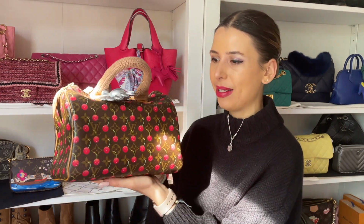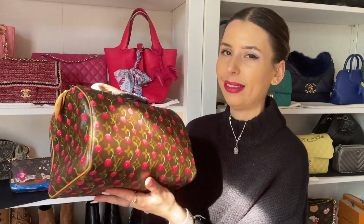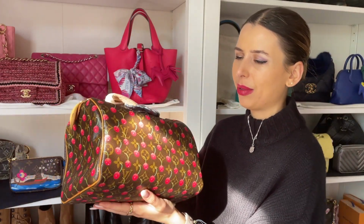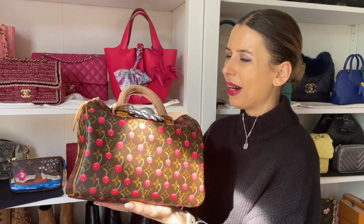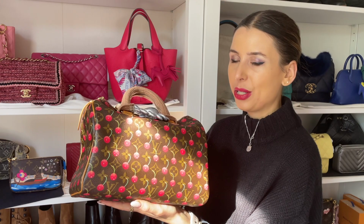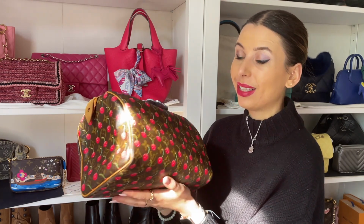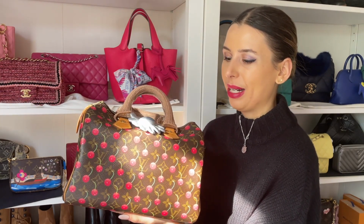The only reason I'm keeping this bag is because I love the Speedy shape. I find it quite practical, and I love the artwork on this one with all the cherries. And I know if I sell it, I'm probably going to have to pay a little bit more for it in the future, and I'm not guaranteed to get one in even better condition than this. I have seen ones in worse condition on the pre-loved market as well. So I'm kind of just settling for this one, but I have actually considered selling this Cherry Speedy